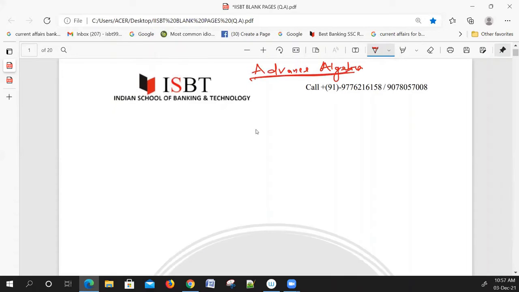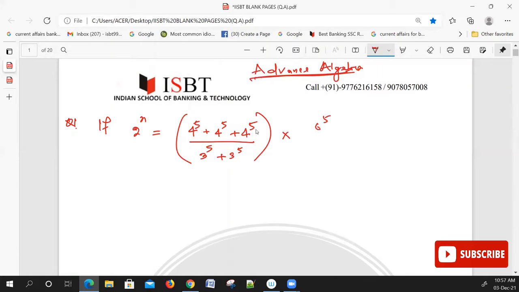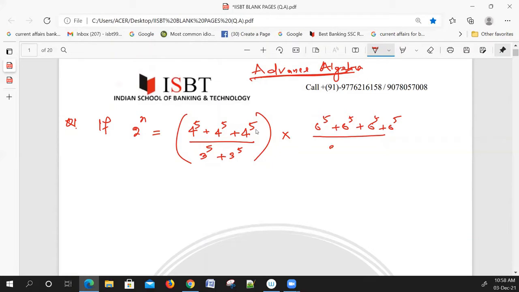Now start the first question. If 2 to the power n is equal to (4 to the power 5 plus 4 to the power 5 plus 4 to the power 5 divided by 3 to the power 5 plus 3 to the power 5) into (6 to the power 5 plus 6 to the power 5 plus 6 to the power 5 plus 6 to the power 5 divided by 2 to the power 5 plus 2 to the power 5 plus 2 to the power 5),